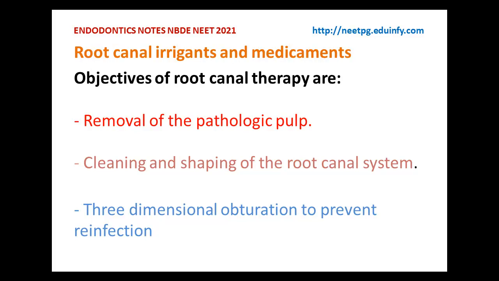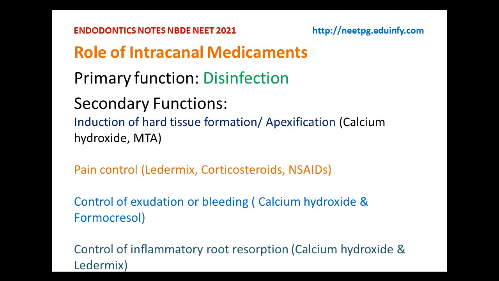Root canal irrigant and medicament. What is the role of root canal medicaments? They have primary and secondary function. Primary function is disinfection, and secondary function is induction of hard tissue or apexification by calcium hydroxide or mineral trioxide,